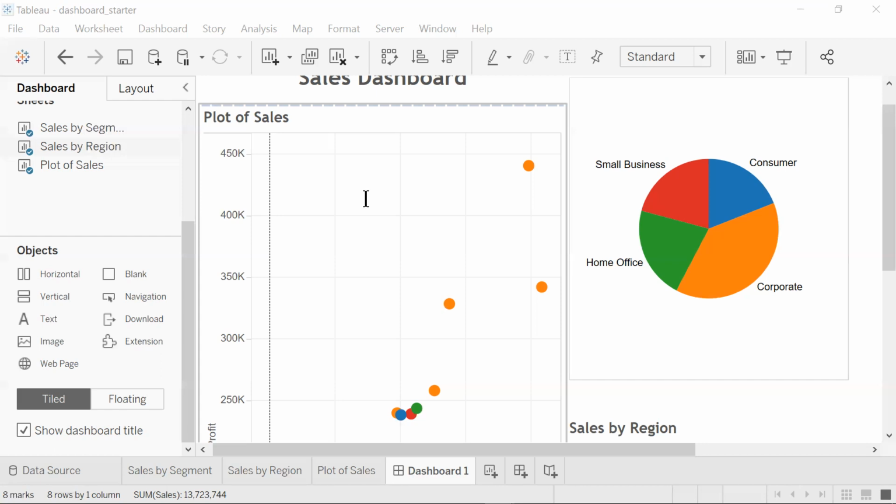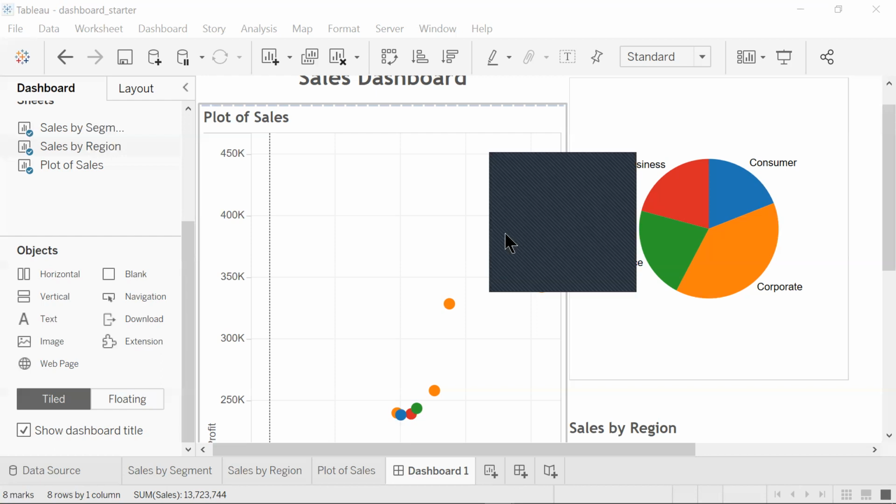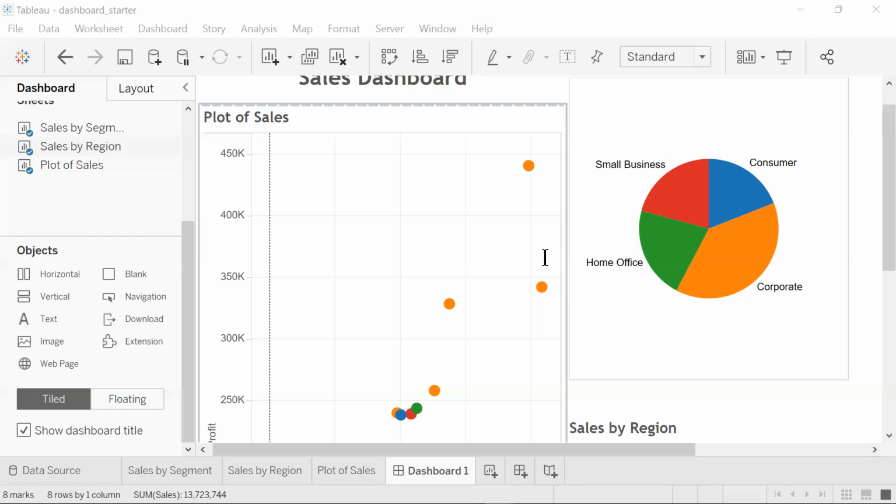Now you can just go ahead and change the color of the screen. One, you can change the color. It's gray. Let's see, this is gray. Off. Double click on the